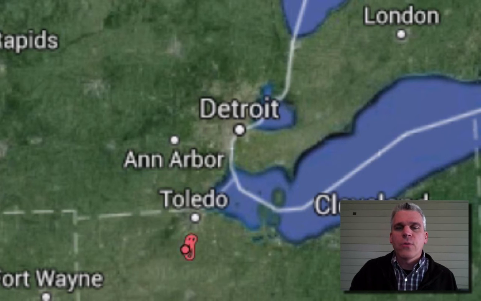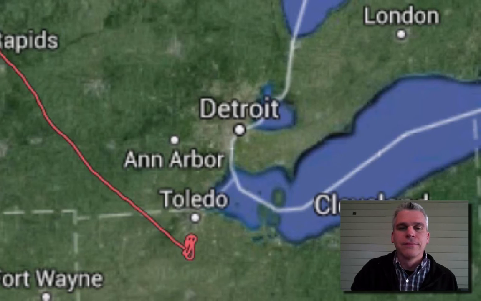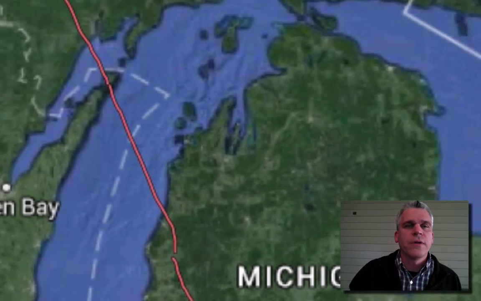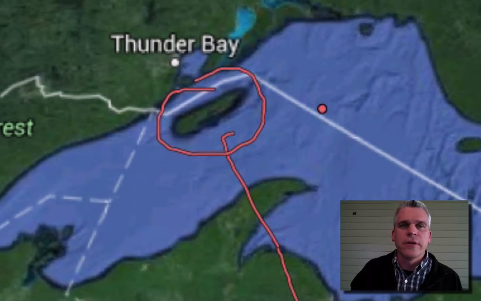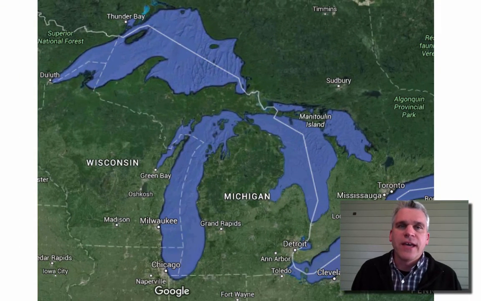But let's go on a trip. And we're going all the way up here into Lake Superior. This is known as Isle Royale. Back in 1959, we had an extremely cold winter, and part of Lake Superior froze all the way over to the island. Well, there had been a very large population of moose that lived on this island, but